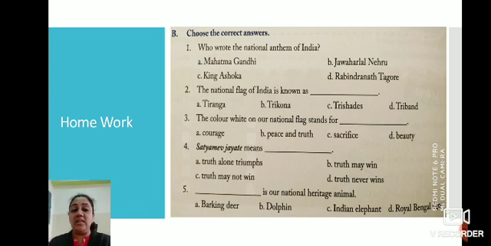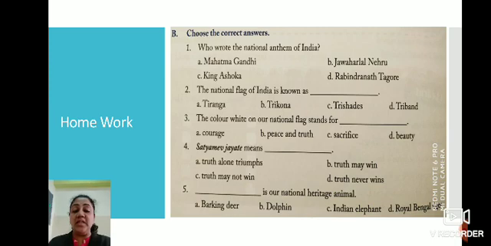So what is the correct answer? Yes, it is B. Peace and truth. So the color white on our national flag stands for peace and truth. Very good. Now fourth number,